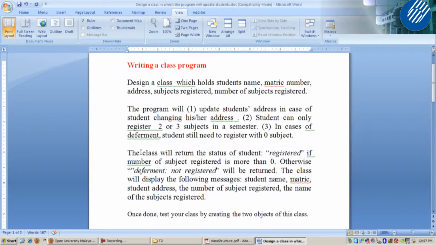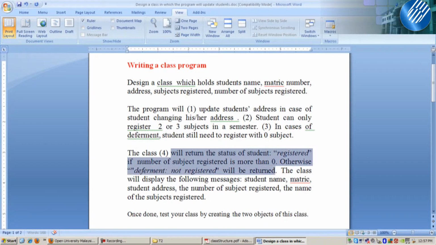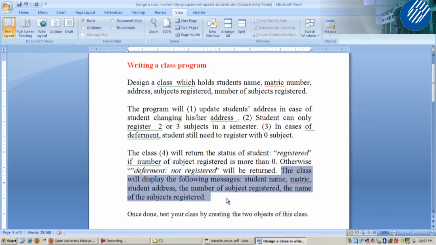So this is number 4. These are one same action, so you can group as 1. The class will display the following messages. Action or not? Action, right? So this is number 5.